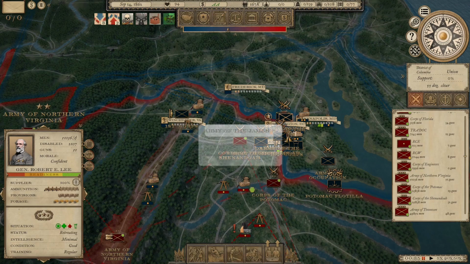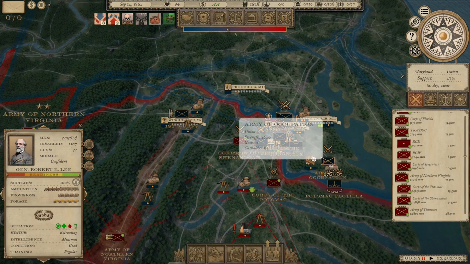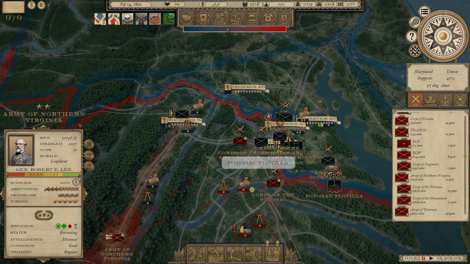You had the Army of Shenandoah, Army of the James, West Virginia Force, and the Army of Occupation, under the commands of... Where'd those notes go? I have no idea what the hell I did with those notes. But you had Buell, McClellan, and 2 other. It was a who's who of who you do not want to have together on the battlefield, because they all just suck. And also, when you have 4 separate corps fighting, this would have been a good